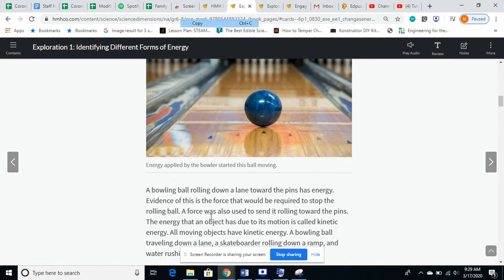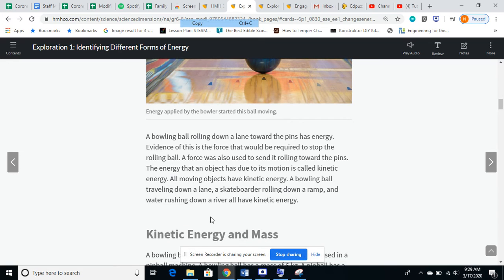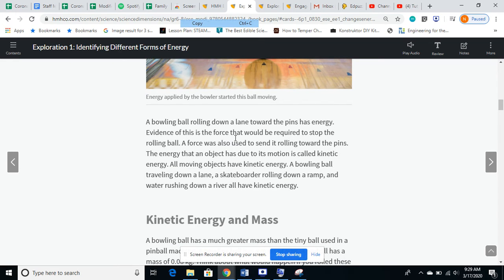Objects in motion. Here's a bowling ball. A bowling ball rolling down a lane towards the pin has energy. Evidence of this is the force that would be required to stop the rolling ball. A force was also used to send it rolling towards the pins. The energy that an object has due to its motion is called kinetic energy. All moving objects have kinetic energy. A bowling ball traveling down a lane, a skateboarder rolling down a ramp, and water rushing down a river